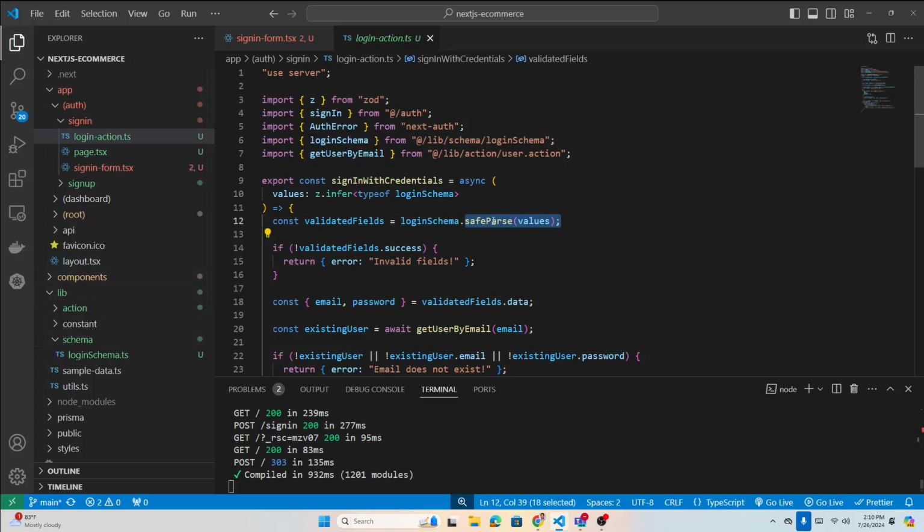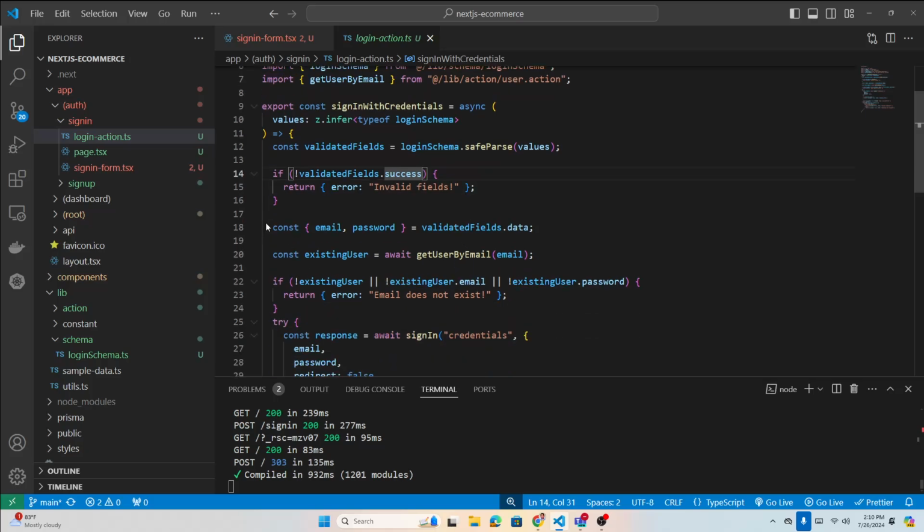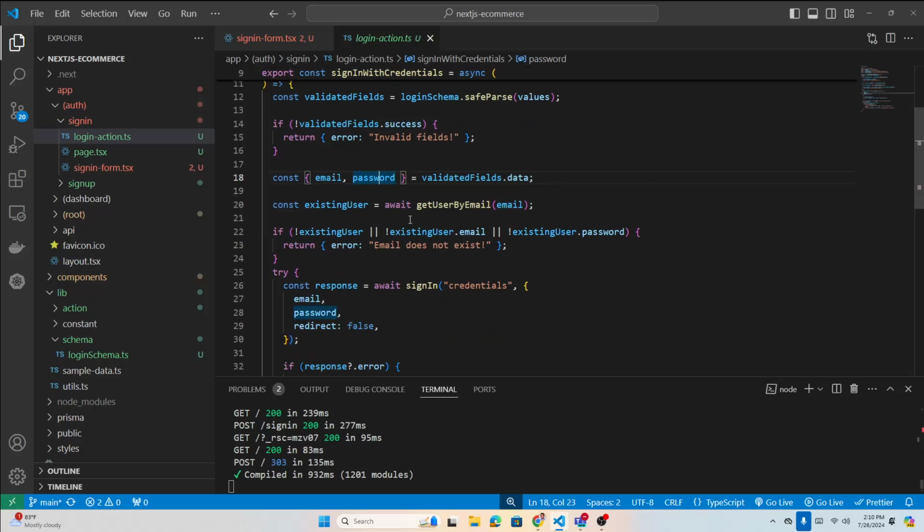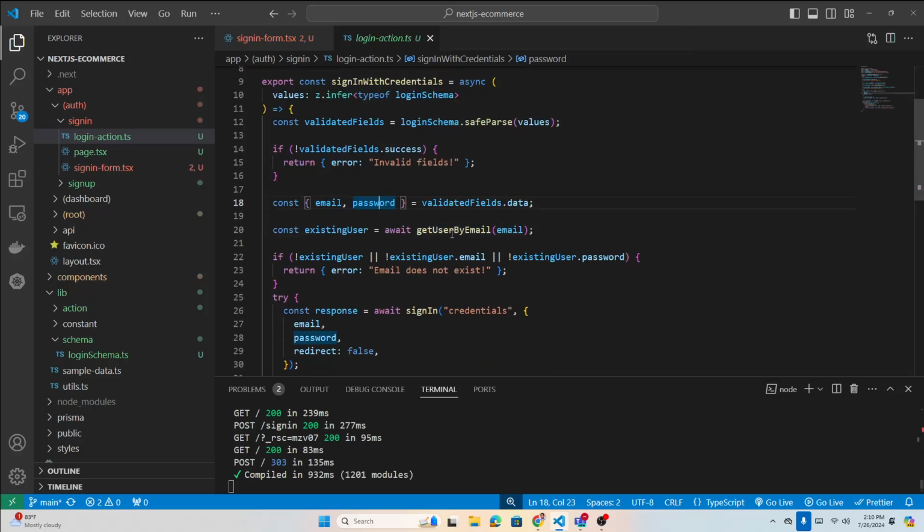Okay, I can pass the value, and basically we can do that: if no validation success, then we can return an error message, error, right? Else we can get the validation filtered data. We have email and password here. After that, now we are trying to log in, right? So what we're going to do,